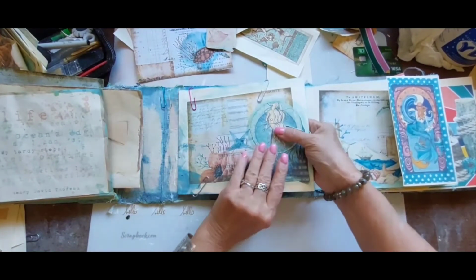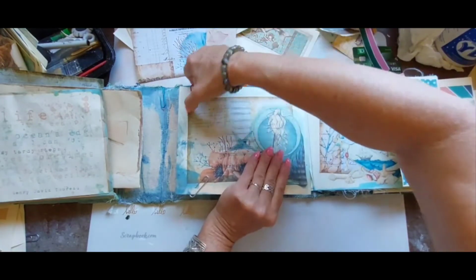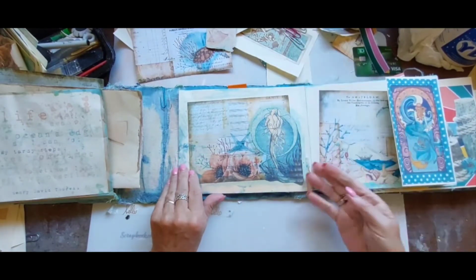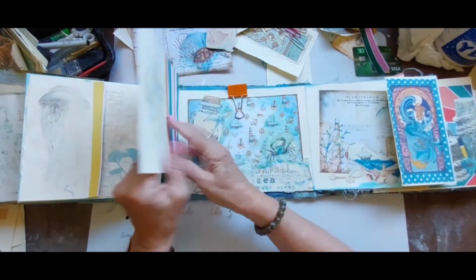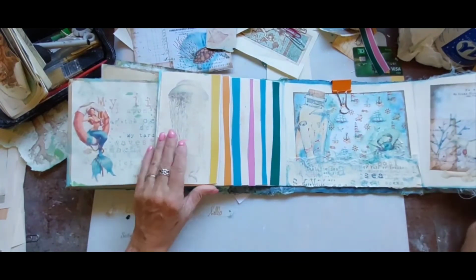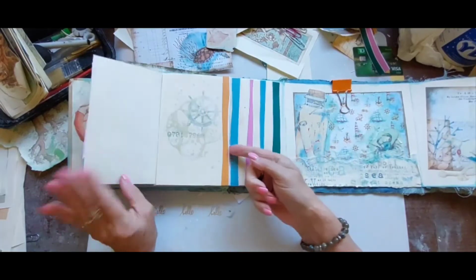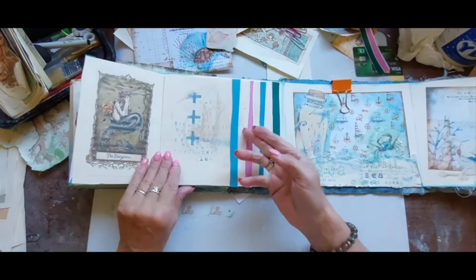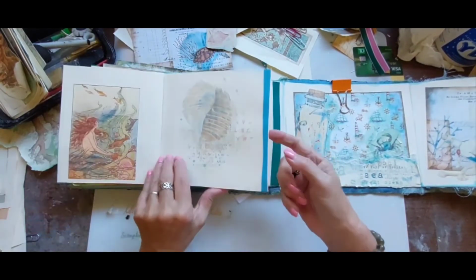Now here, you can see this is all clipped down because it has been drying, and this is where I decided to finally put. So this page flips open, and what is behind that is that waterfall. So I put some more colorful pages on the edges of the waterfall, and I have to yet sew this in and finish it up. But basically the waterfall now looks like this,